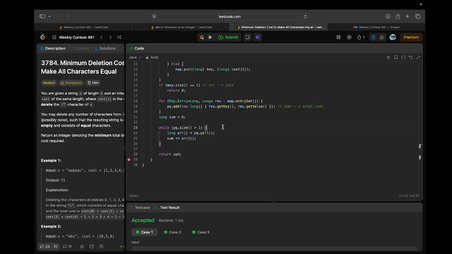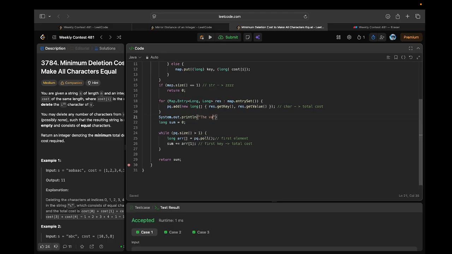I take the first element and store it inside the array, because I have taken an array of long, where the first indicates the key and the second is the total cost for that particular character. I'm repeating this operation until our priority queue contains only one element, and after that I'm just returning the sum. If you see how exactly the map looks like,